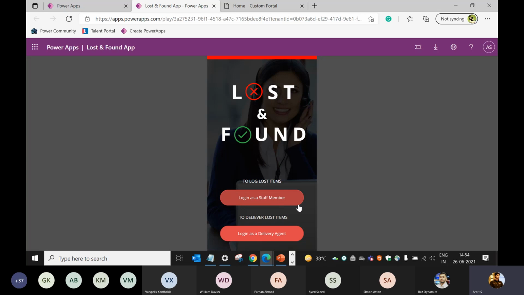If the staff member finds any item in the office premises, maybe a laptop, wallet, watch, or laptop chargers, anything that someone lost, they will simply log into the application, take a picture of that item, and log it into the system. The second group of users that can use this app is the delivery agent.